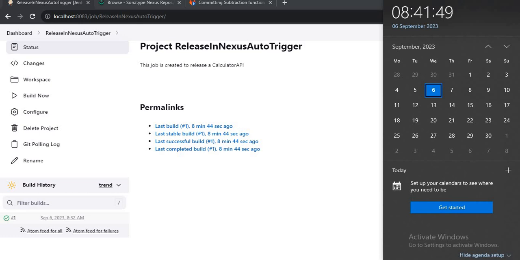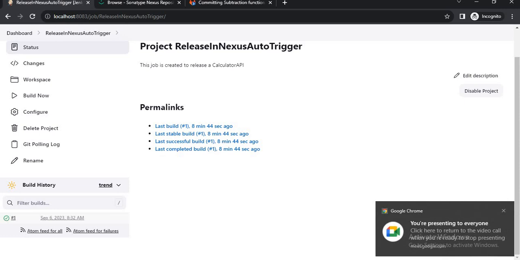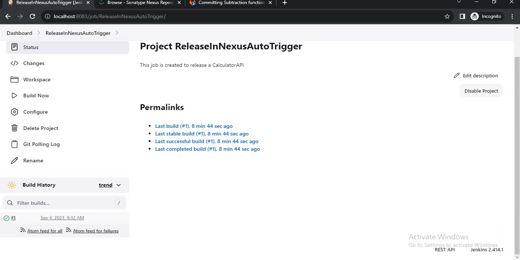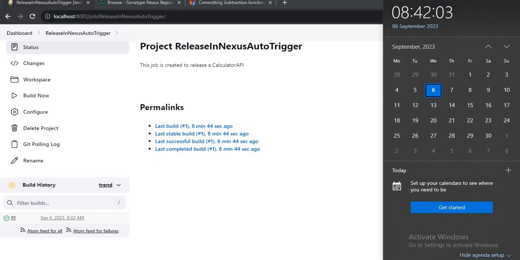So this is how we can push the branch, we can create the merge request, we can merge. So it's 8:42. Let's wait for another few seconds. So there was a conflict, right? So when does it arise?